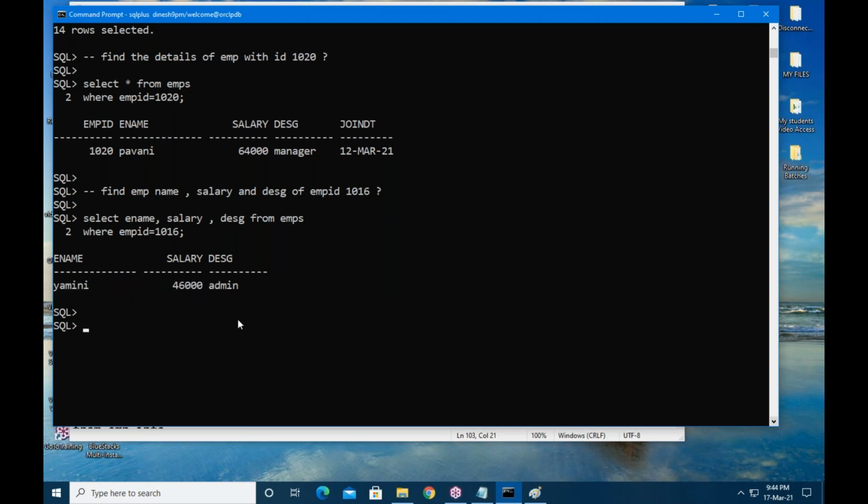Next one, get employee details working as developer. If the employee is working as developer, then select the data where designation equal to developer.